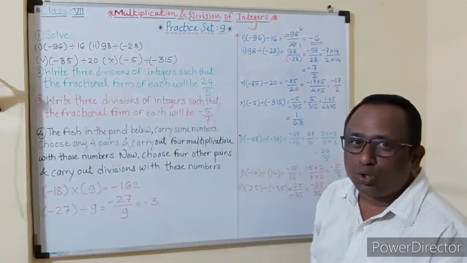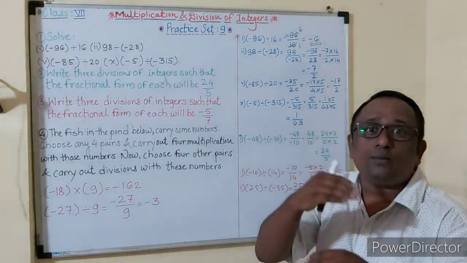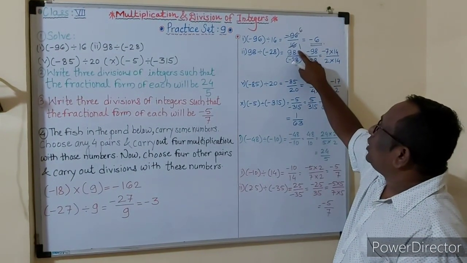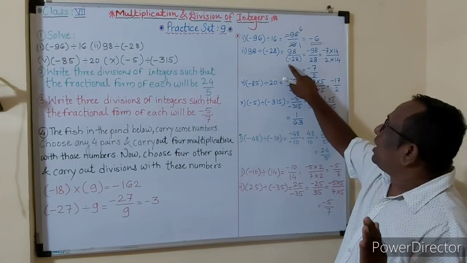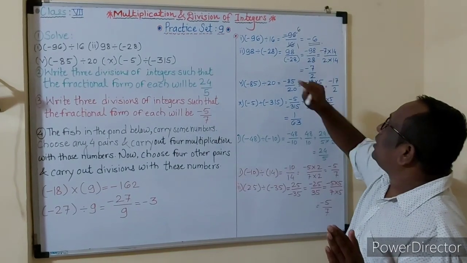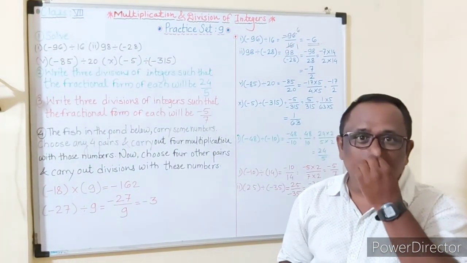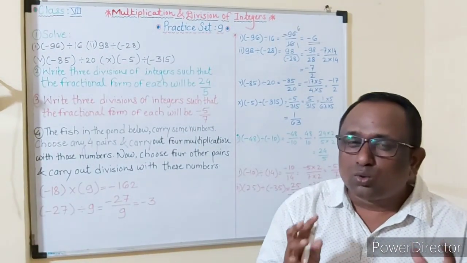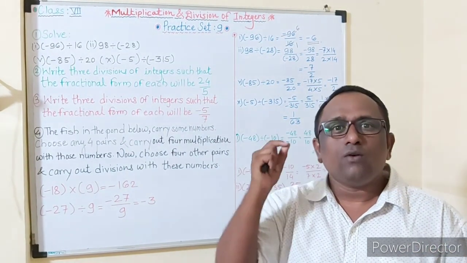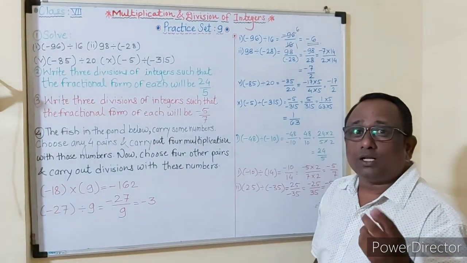See, as I told you, by the rule the denominator we always have to write positive. Now 98 you have to write in numerator and denominator form, 98 upon minus 28. So this sign changes, we always write the denominator positive, and this sign goes to the numerator. So minus 98 upon 28. Now here students, those who are good in tables can solve these examples very quickly. If you learn the tables, you can solve these examples quickly.